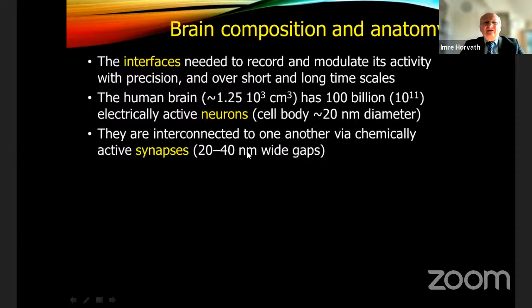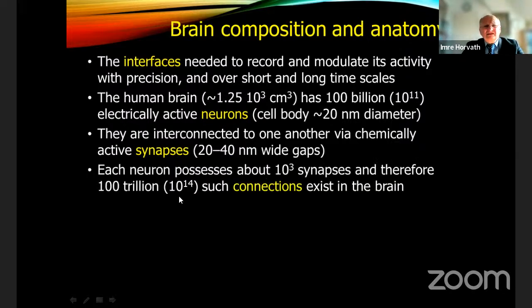They are interconnected to one another via chemically active synapses. 20 to 40 nanometer wide gaps are in between. Each neuron has about 10 to the 3, or 1,000, synapses, and therefore 100 trillion, 10 to the 14, such connections exist in the